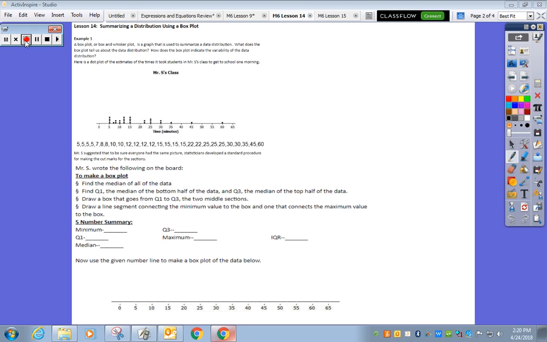Here is a dot plot of the estimates of the times it took students in Mr. S's class to get to school one morning. So you'll notice it's a typical dot plot. We have 4 dots above 5, so that means it would take 4 students 5 minutes to get to school, and so on. Mr. S suggested that to be sure everyone had the same picture, statisticians developed a standard procedure